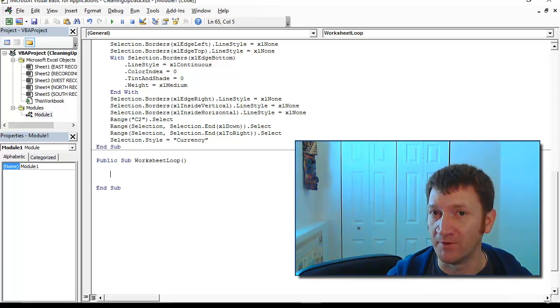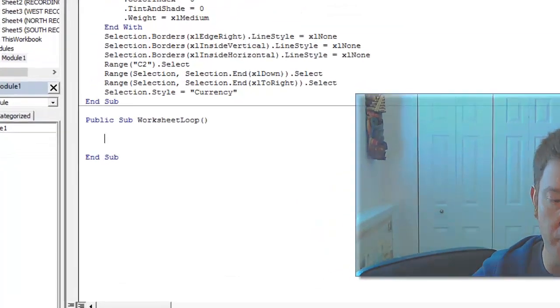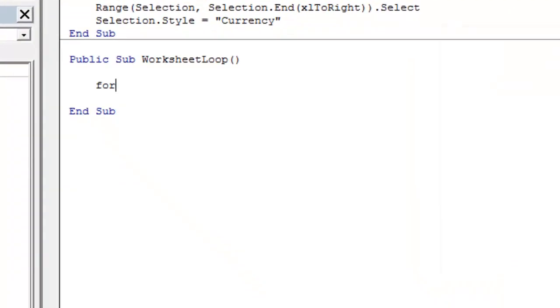Now there's a few different flavors of loops. The one that I'm going to use here is called the For Next loop, and it's a very common type of loop. I want to be able to loop some block of code, some operations, a number of times. In this case, I want to loop it for each of the worksheets within my workbook. So here's what my loop looks like. I'm going to say it's a For loop, and I'm going to use a variable here that I'm going to create called I. I'm just picking I out of the air here. We can really call it whatever we like, but I is going to act as a numeric value that we're then going to iterate through. Take a look. So I'm going to say For I